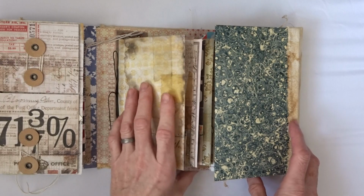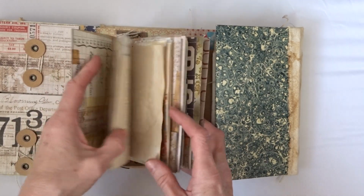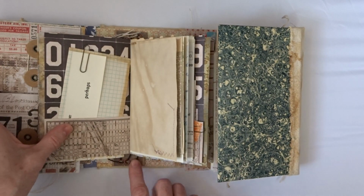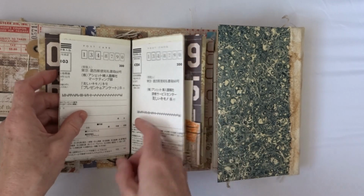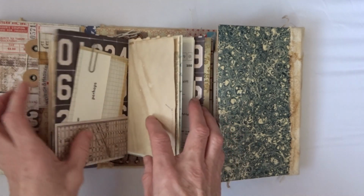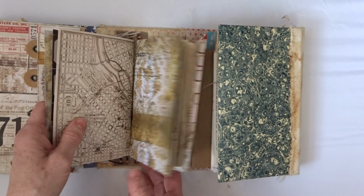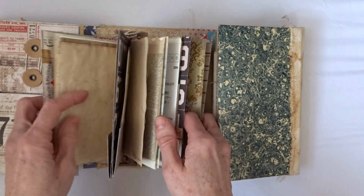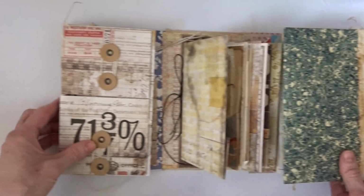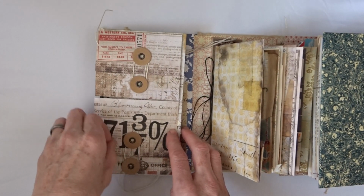Let's see. And these three little booklets come out. They're on these stretchy bands. So each of these three booklets would come out, and there's three of them. Let's see, why don't we just start on the one side. And